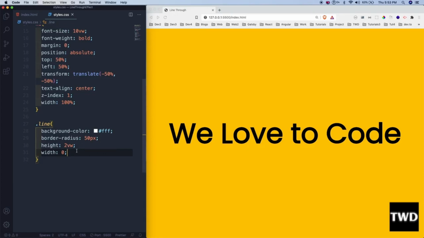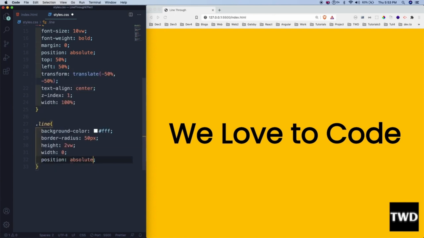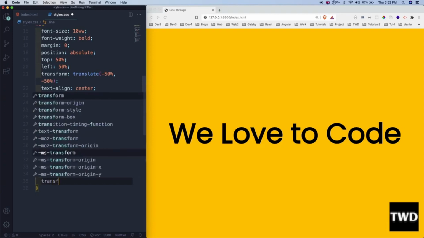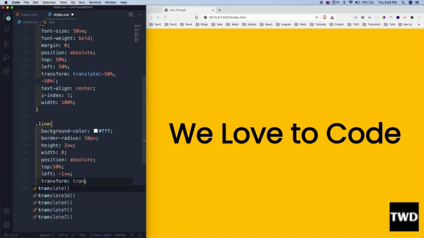Okay, so after that, position will be absolute, top is 50%, we will hide it, left is -1 vertical width, transform, actually we want it to come from the left side, transform, translateY is minus 50%,